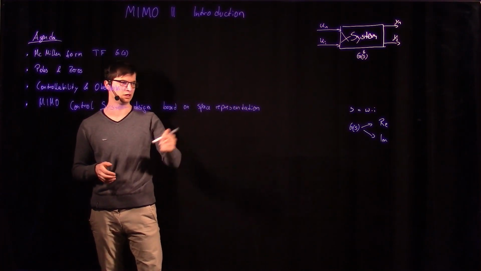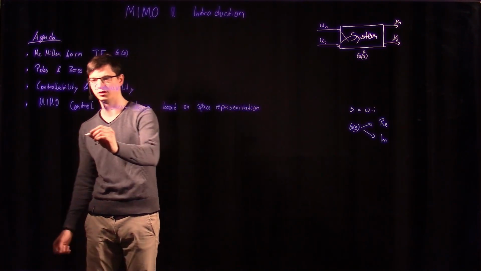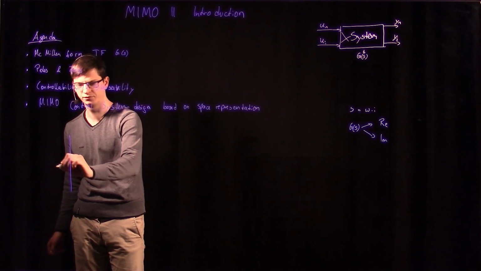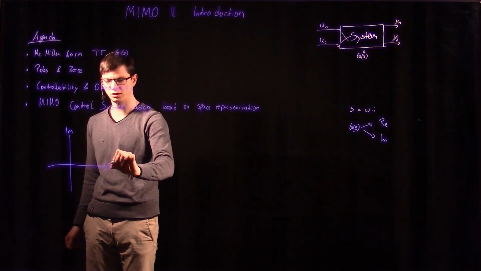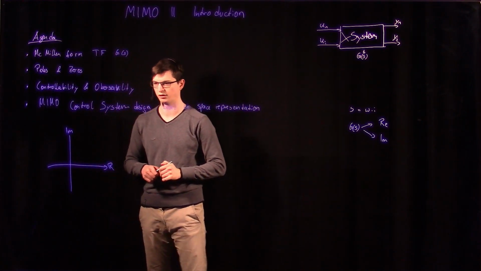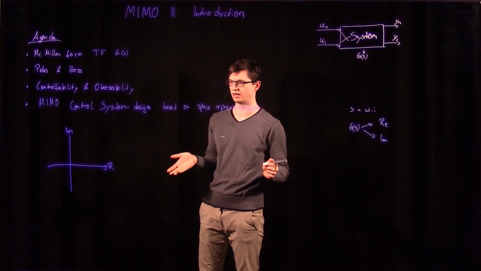And when we use those outputs, the real part and the imaginary part, we will have such a diagram, and our poles are then at the end